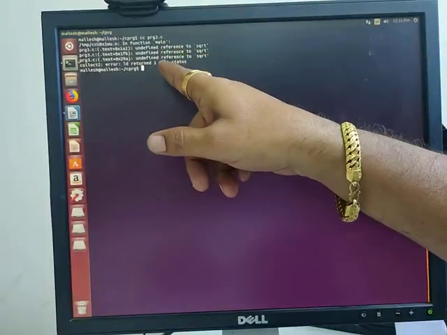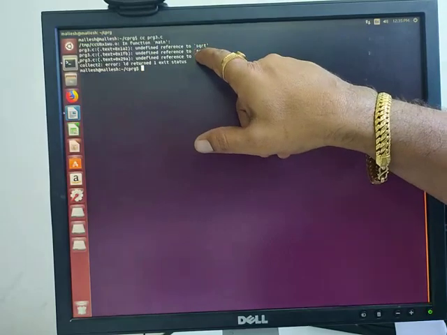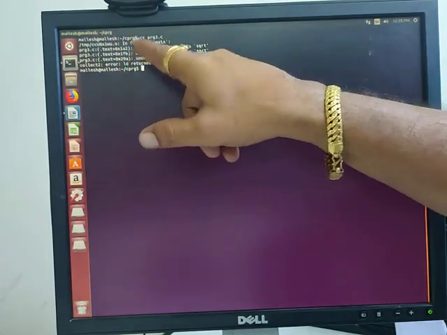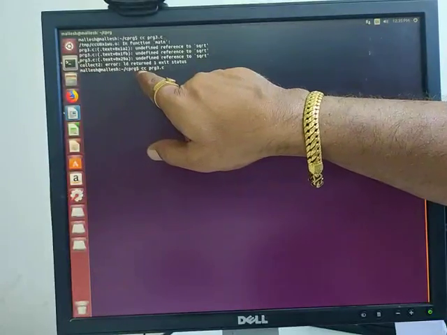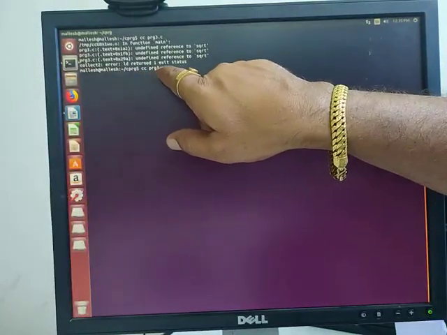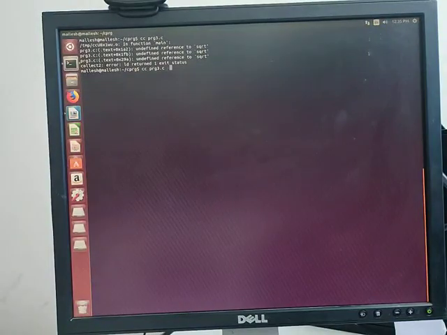Now this is the one I want to tell you here. It is a different case. Whenever you use mathematical functions like square root, as you have used in this, you need to have minus lm along with the command. So I'll show you here: cc prg3.c, then space, minus lm, to link the mathematical library.